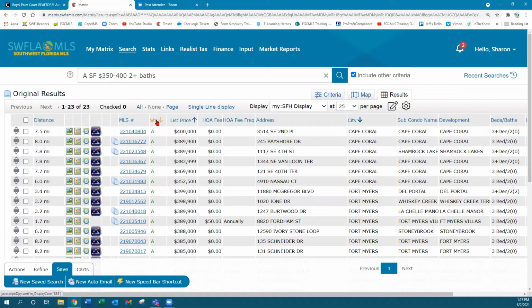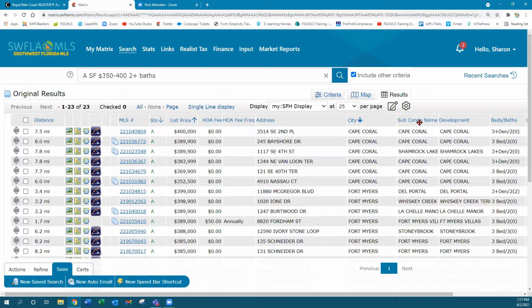So you can come in and you can sort them by status, you can sort them by price, and then by subdivision, because you're probably narrowed down beyond city at that point. So then you would probably sort them by subdivision. And hopefully, if you can, you're pulling comps from the same subdivision as often as possible. So again, it just shows you that there's a lot of things you can do to really